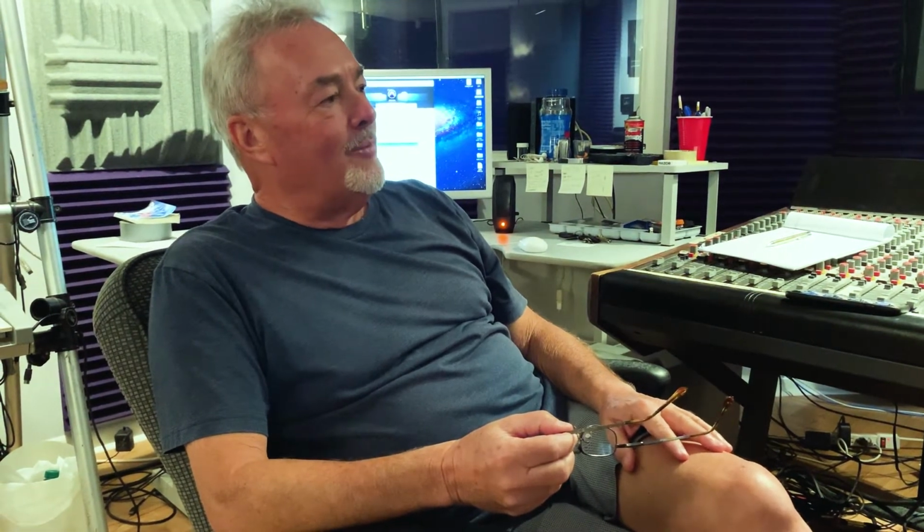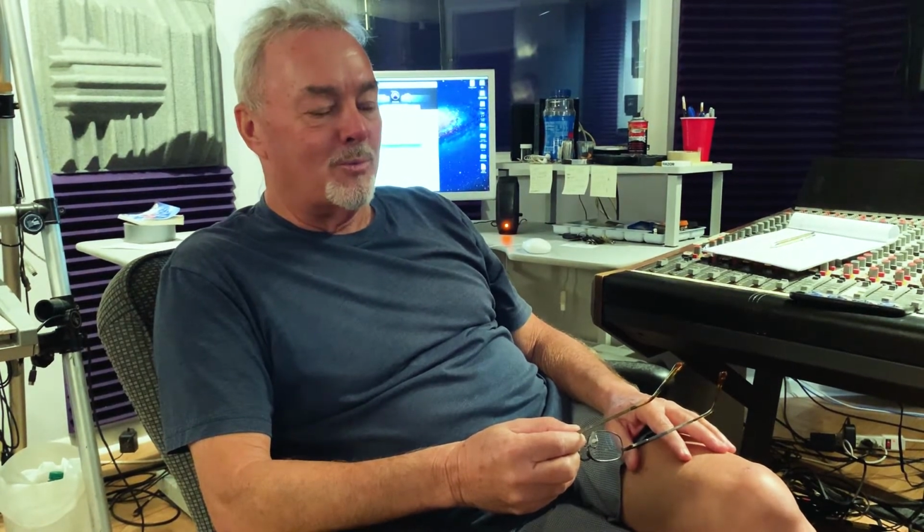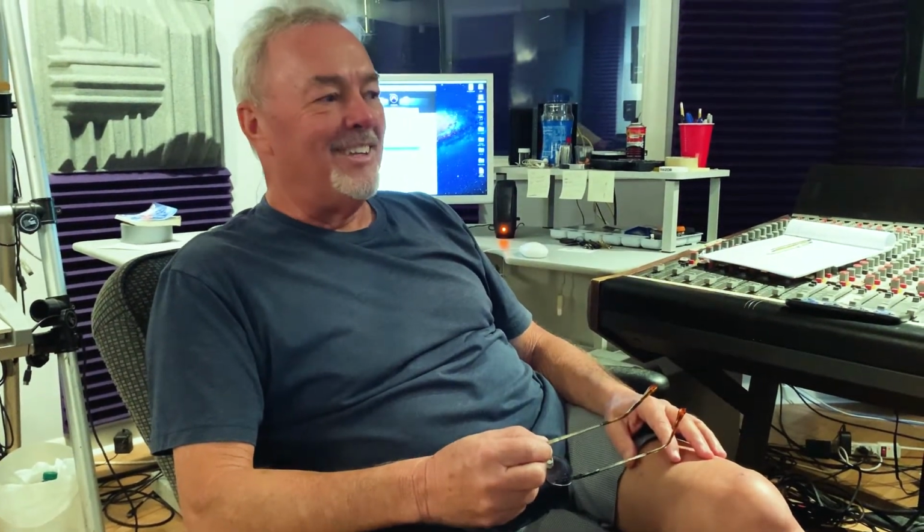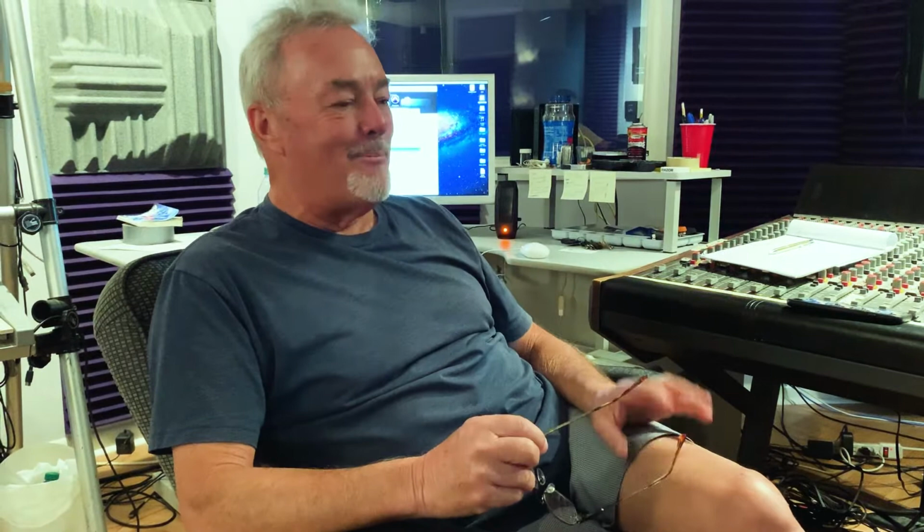So I go to Gainesville to meet with Stan Lynch, who was gracious enough to jump on Mike Rathke's song Rain Forevermore. And when we heard the song, I always had in the back of my mind that it had this Tom Petty element to it. It just always kind of sounded like a Petty song. So